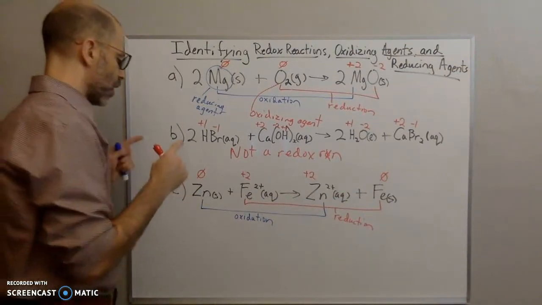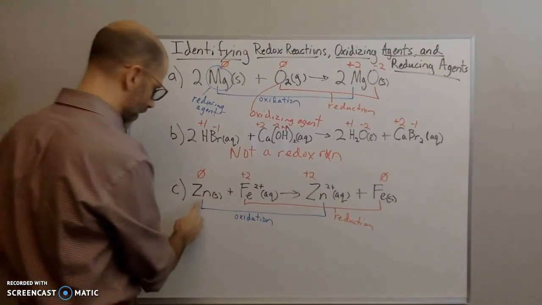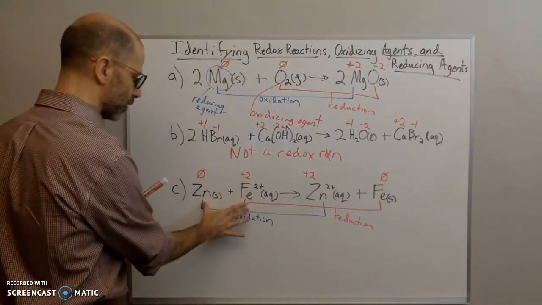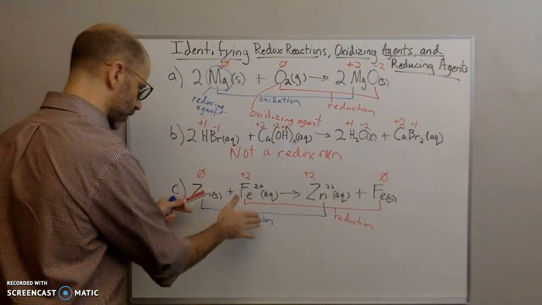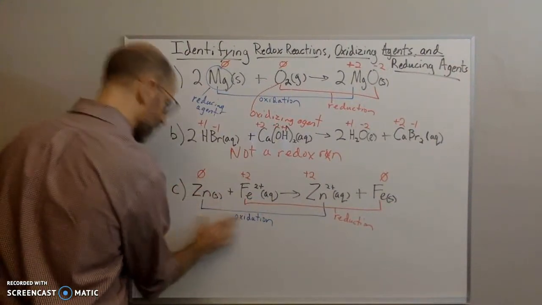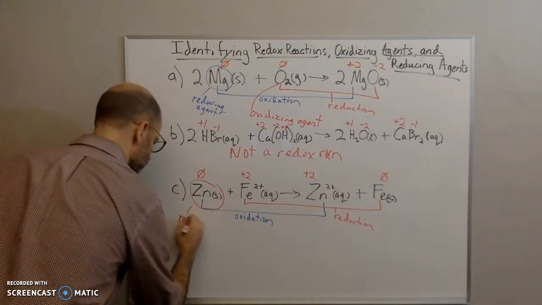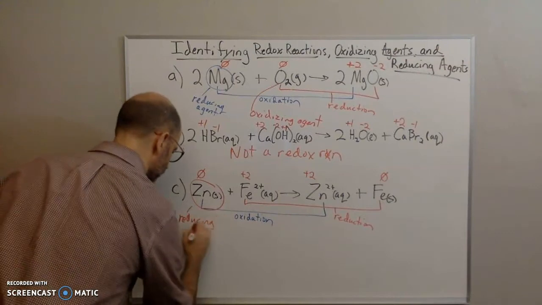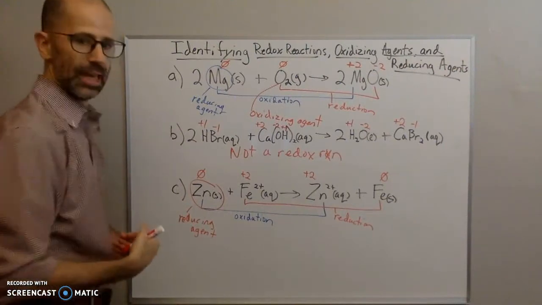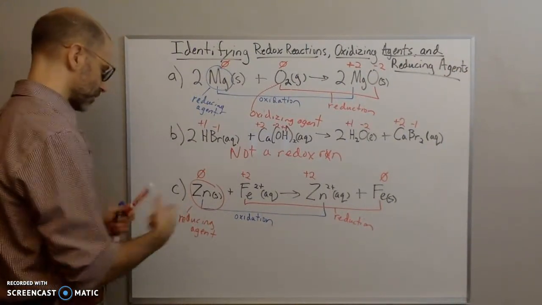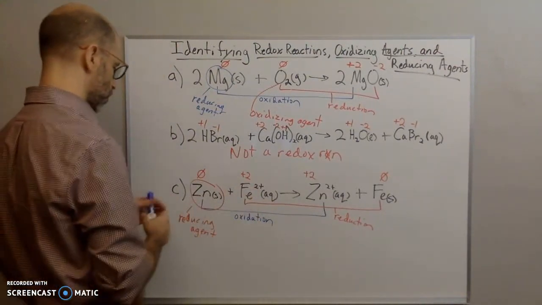So remember, if you're a reducing agent, you are getting oxidized. So what got oxidized? The zinc. And we're only looking at the reactants, right? So the reactants are the reagents, not the products. So the zinc got oxidized, so this is the reducing agent, because the agent does the reducing, but the opposite happens to the agent. So it gets oxidized. And then the other reactant, since we only have 2, that has to be the oxidizing